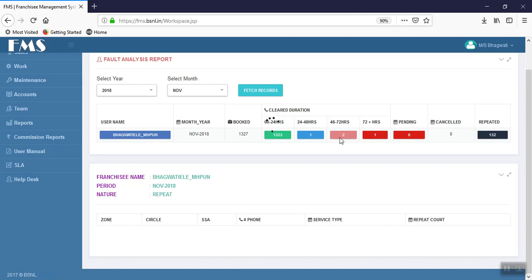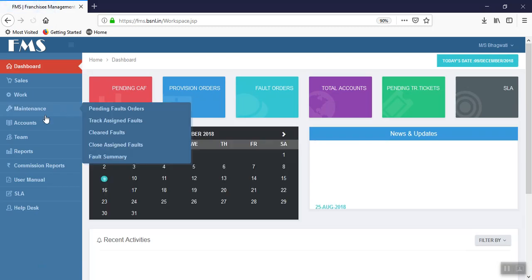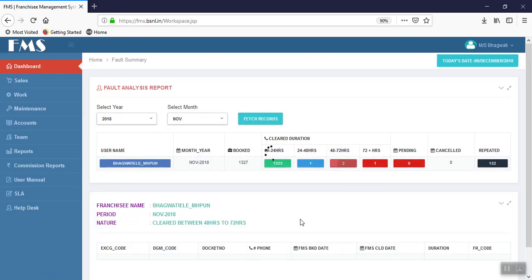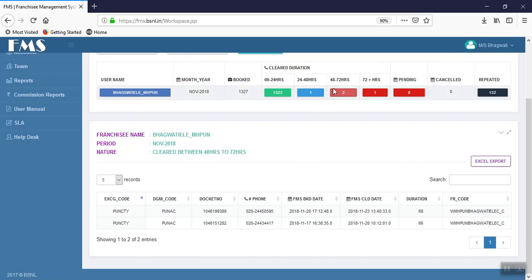132 numbers will eventually be populated. We'll just try once again. So you see 48 to 72 hours, what the faults were and what the duration was, 68 hours or 66 hours it has taken to rectify the fault. So this way we can see how many faults there are, or we can have an exact performance